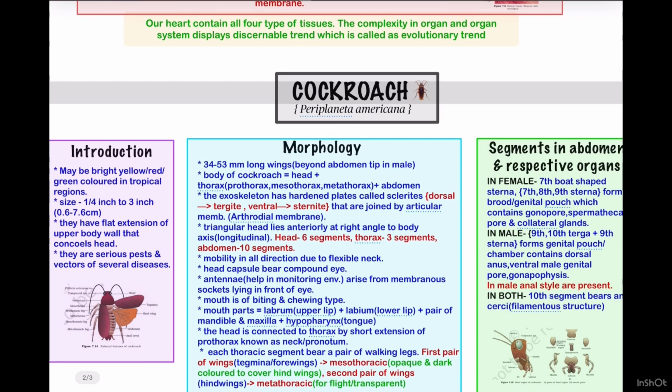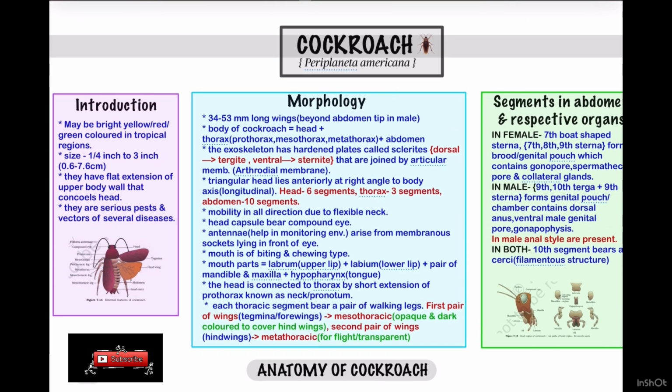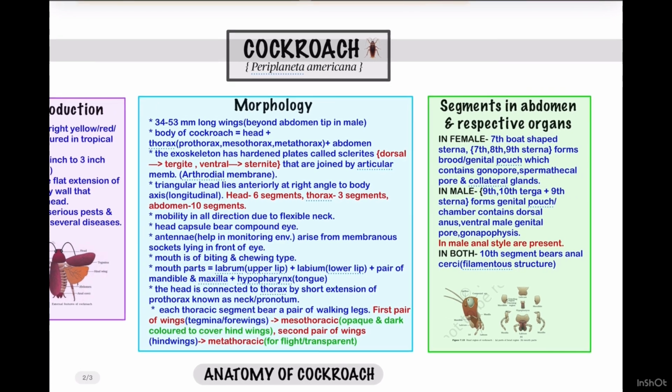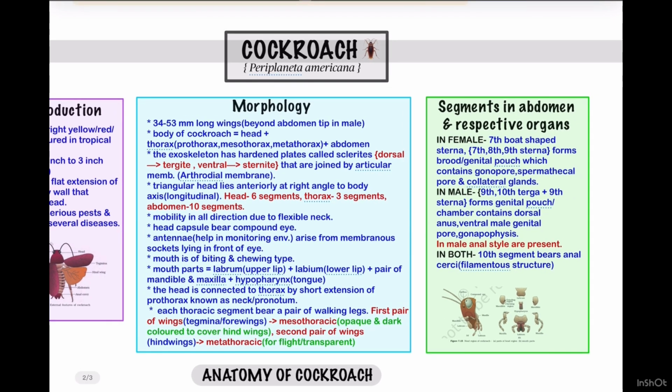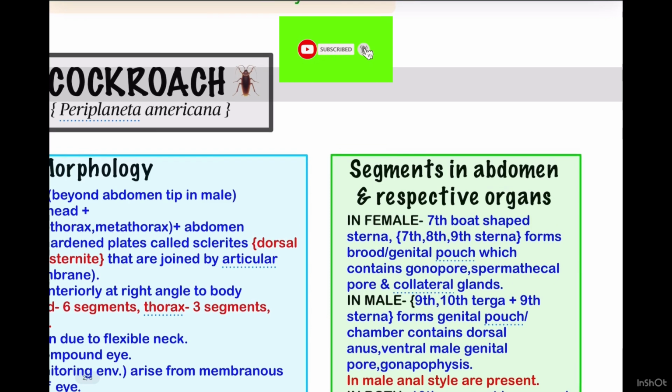NEET aspirants, let's go. Today we are going to discuss cockroach. The scientific name of the cockroach is Periplaneta americana. When it comes to the hierarchy, this belongs to